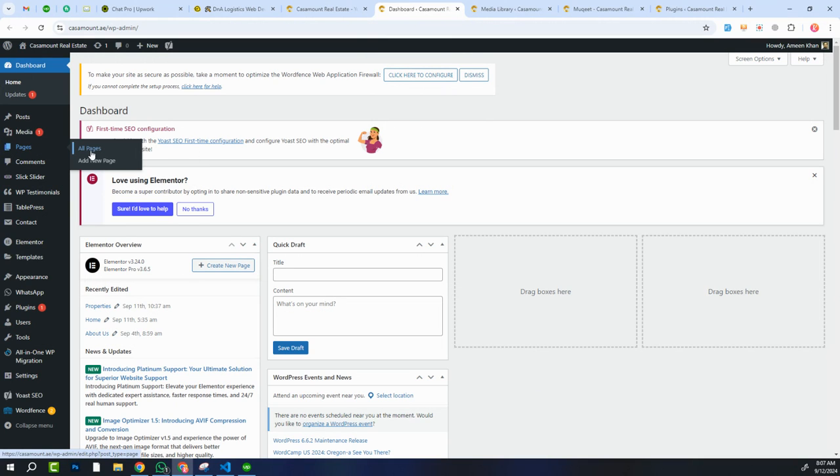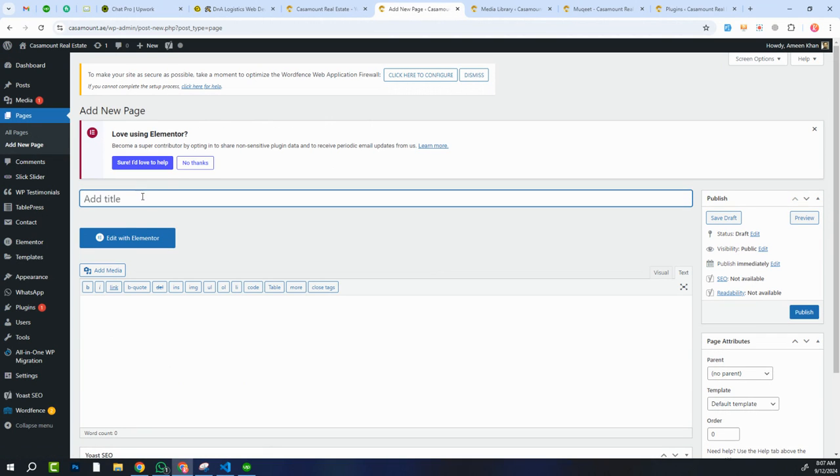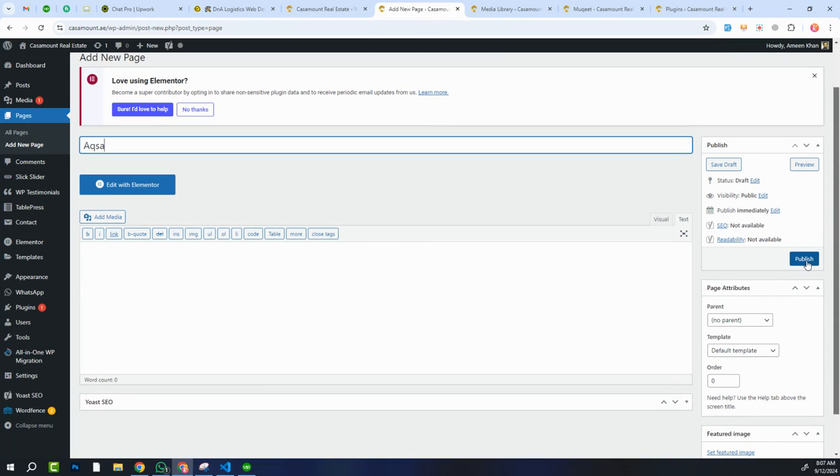You go to the pages, add new pages, and for example, if you create a username, sorry, you can create a page for a specific user. Right now, I'm creating a page for Aksa as a user, and I'm gonna publish it,